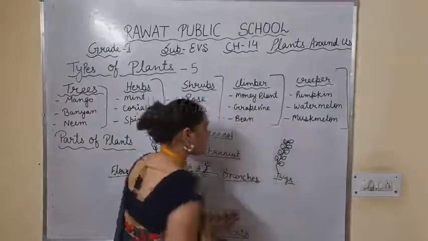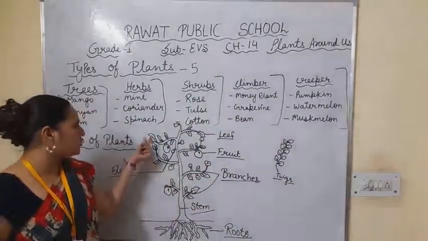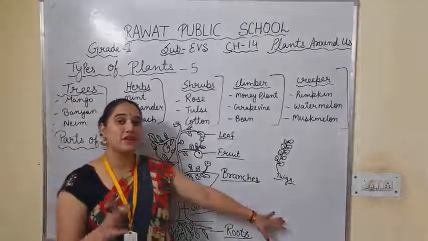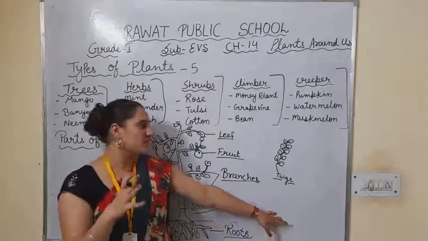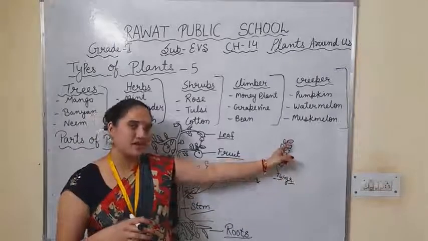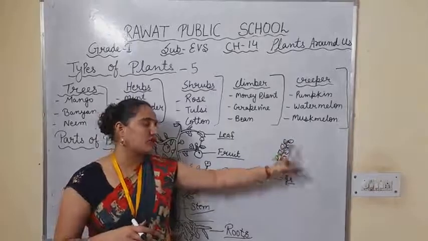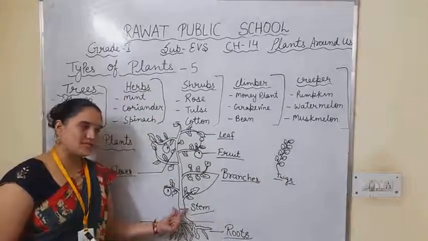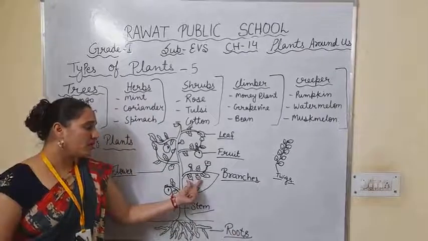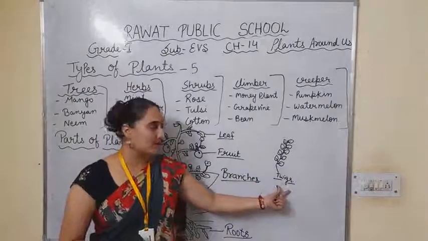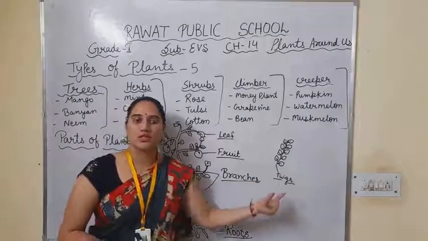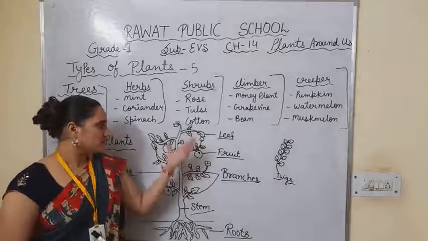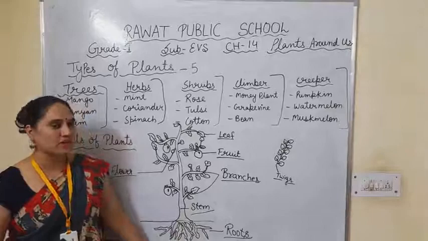We call them twigs. As you can see here, I have just drawn single leaves on the plant, but on very big plants, or you can say trees, you can see a single line, and on that single line there are lots of leaves growing higher. So first of all, we'll talk about stem. On stem there are branches, on branches there are twigs, and on twigs there are leaves. So these are the parts which we are seeing on trees, or on a plant.